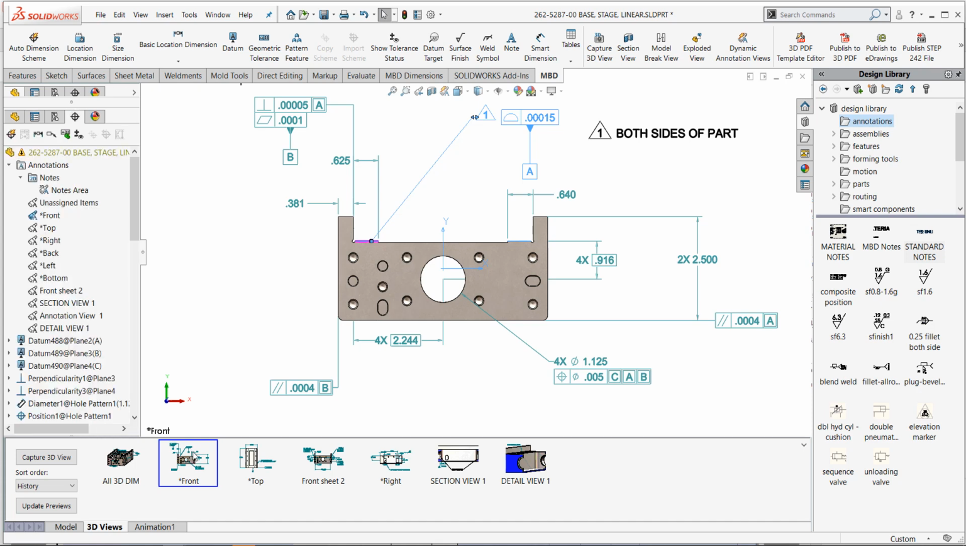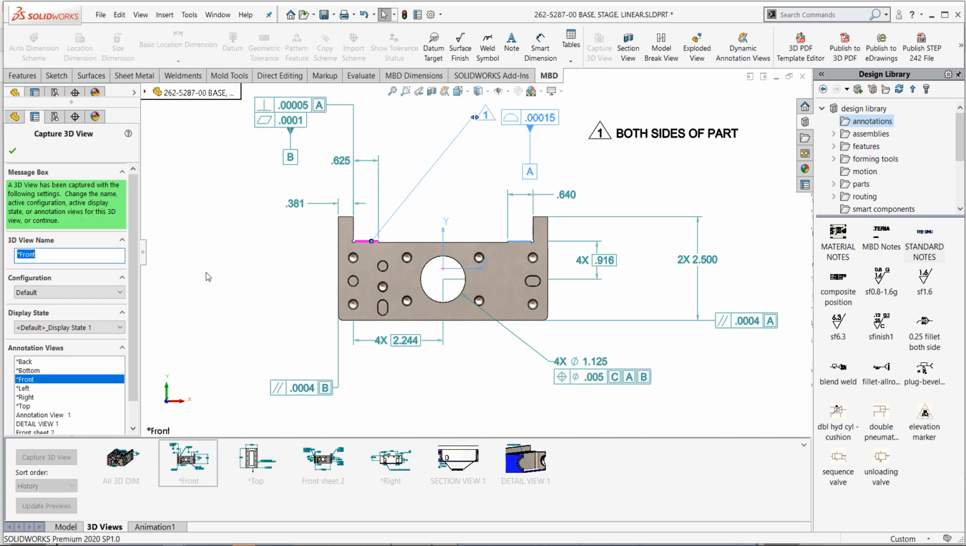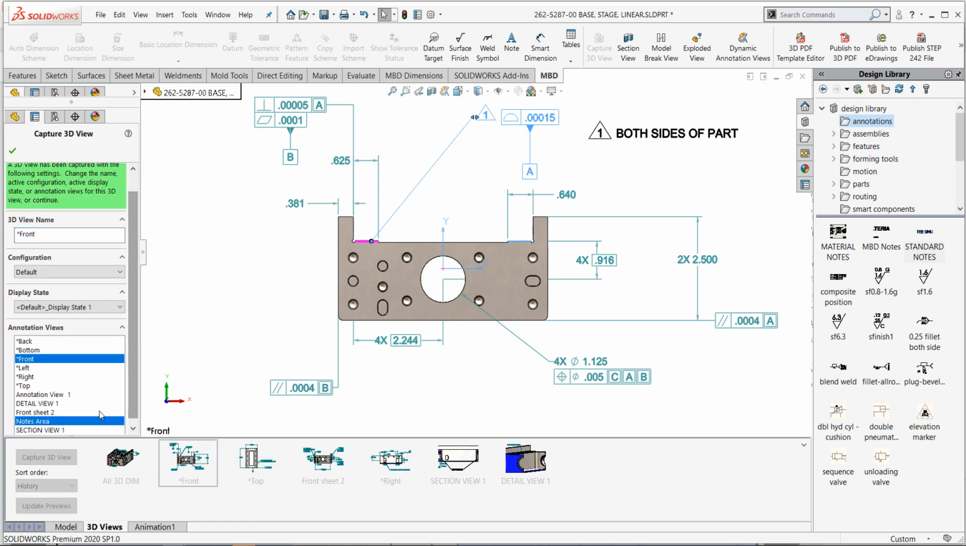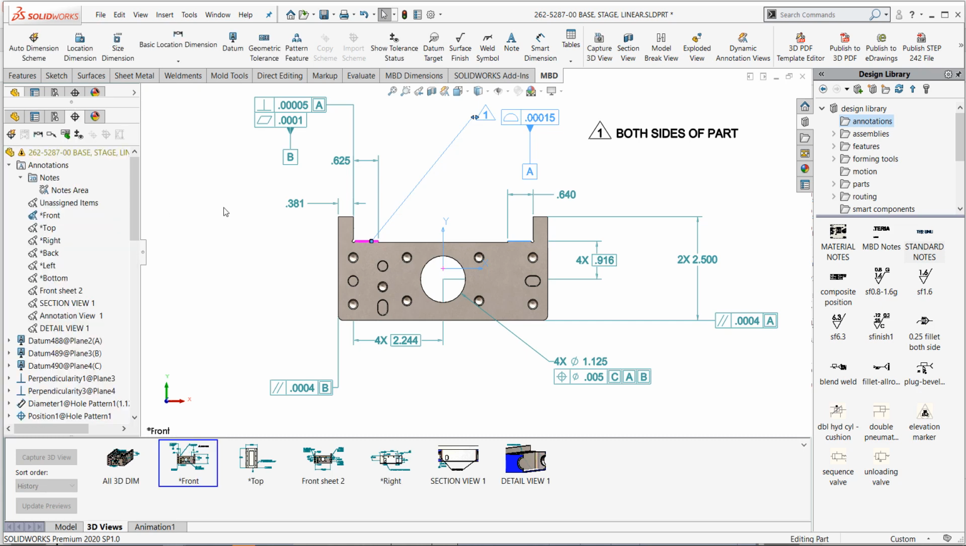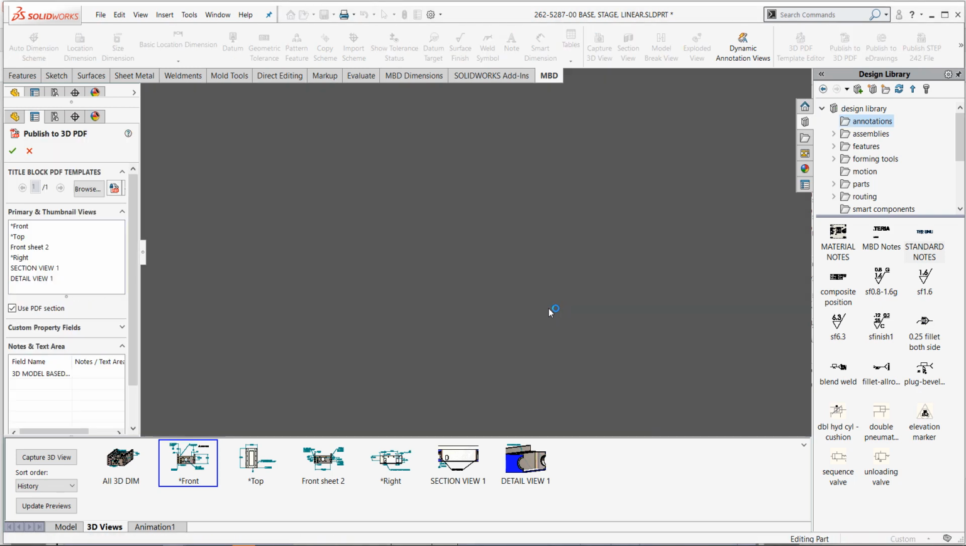So if you want to see that note in your little view stamp here, you can go ahead and recapture the view. You really don't need to do that. The note is in there anyway. If you do recapture the view, make sure you recapture it with the notes in there as well for that particular view. And from here on out, it really is just going in to publish the PDF, picking the right